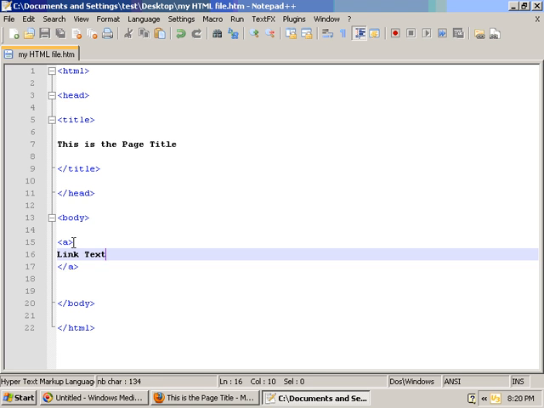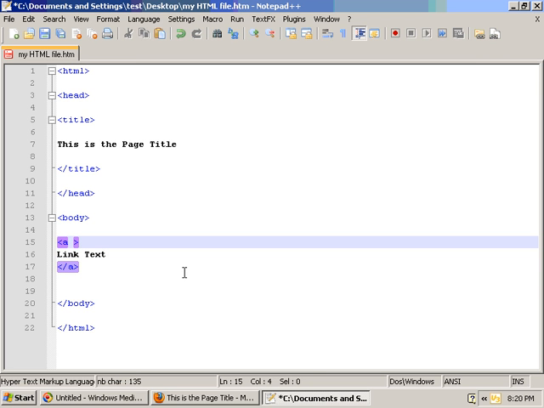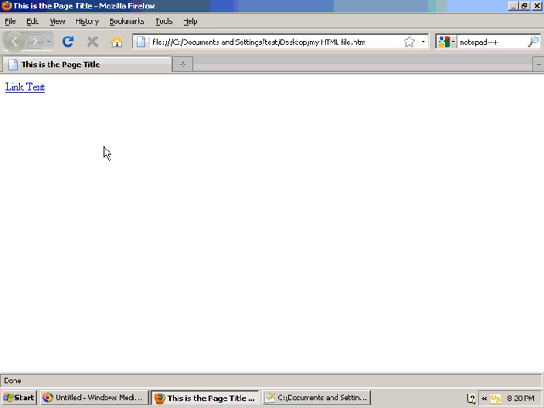We need to go back and actually put in the attribute that makes it an actual link, and that's called href. So within the opening anchor tag, we're going to type href, and then we'll type equals, and then we're going to put something in quotes, and the quotes will be the actual location of the file. So let's just say we want this to link to Yahoo. So we'll type http://www.yahoo.com, and we'll save that, and we'll go to our web page, refresh, and you can see that our anchor